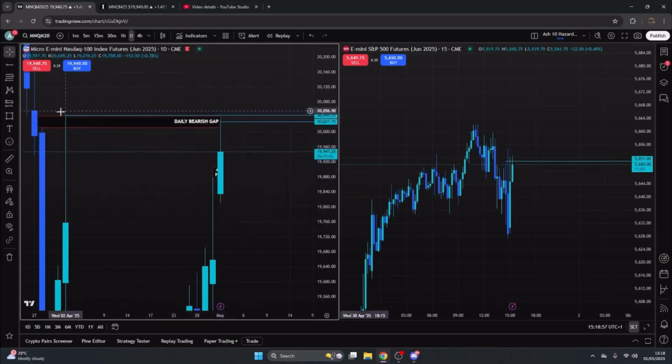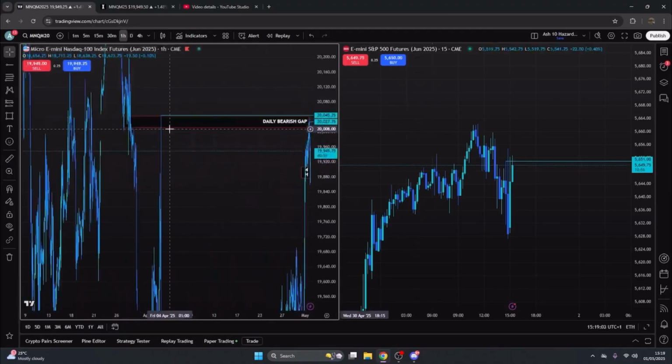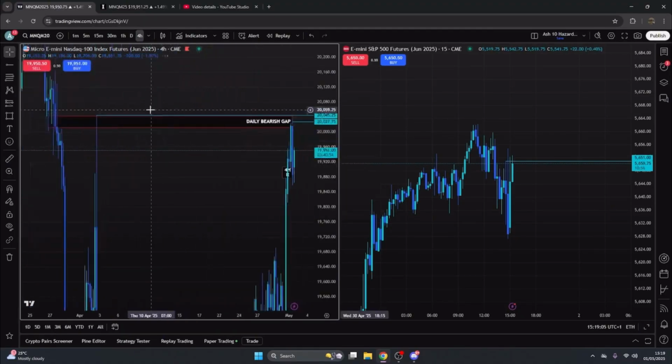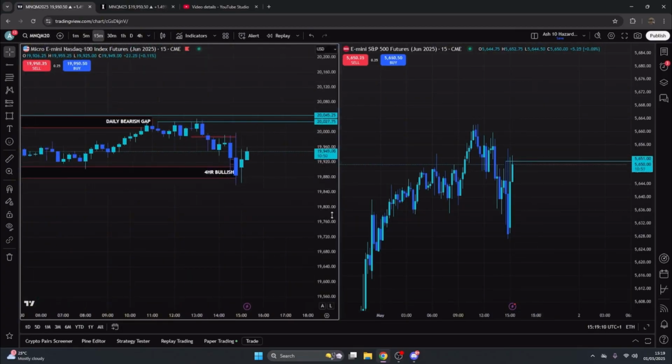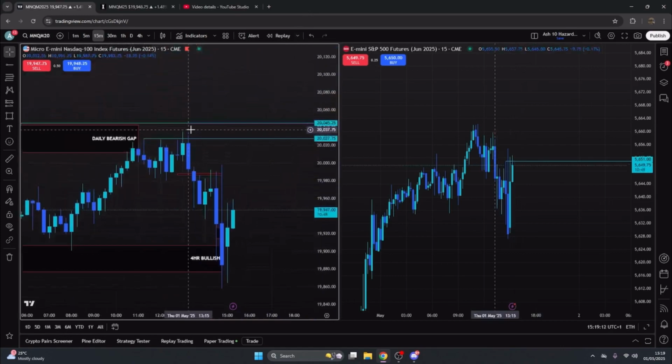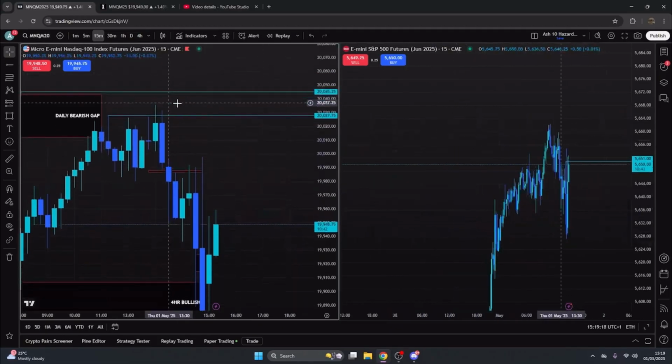So we then had this high right here, and if you look on the 1 hour, it's a bit more clear, this level of buy side liquidity. Now price came very close, NQ came very close to taking it out, literally not even around 10 points, and ES was nowhere near. So if we had taken 20045, we would have had a high time frame bearish SMT,